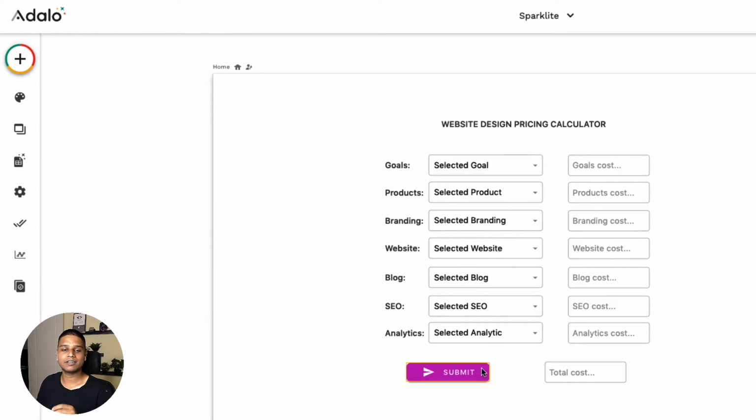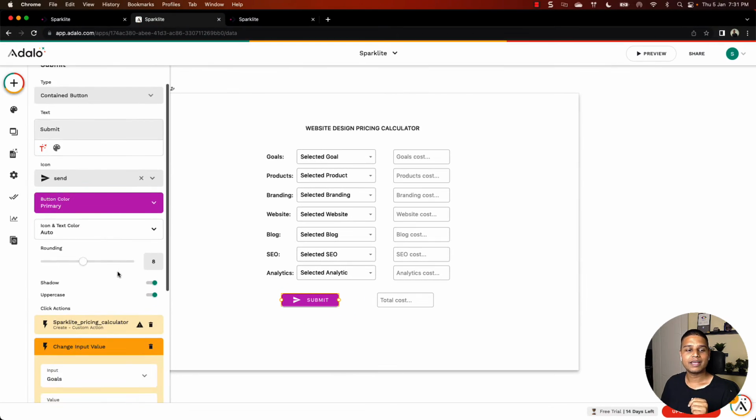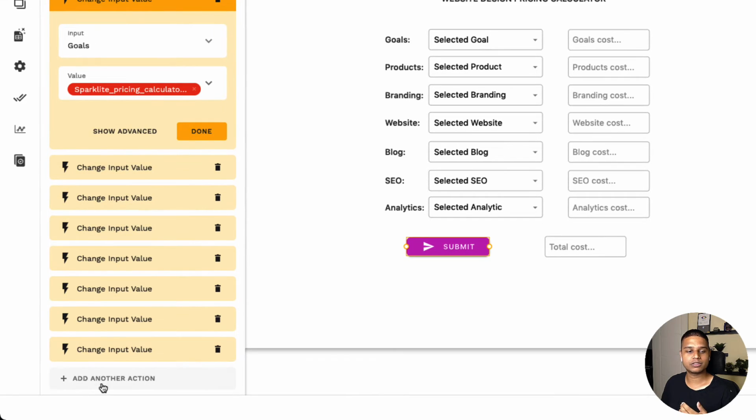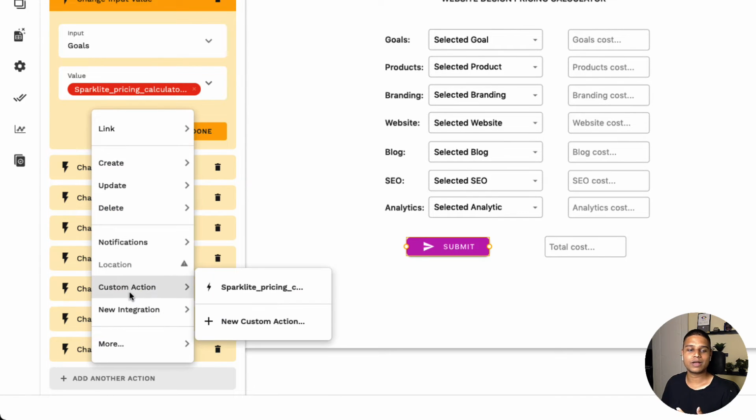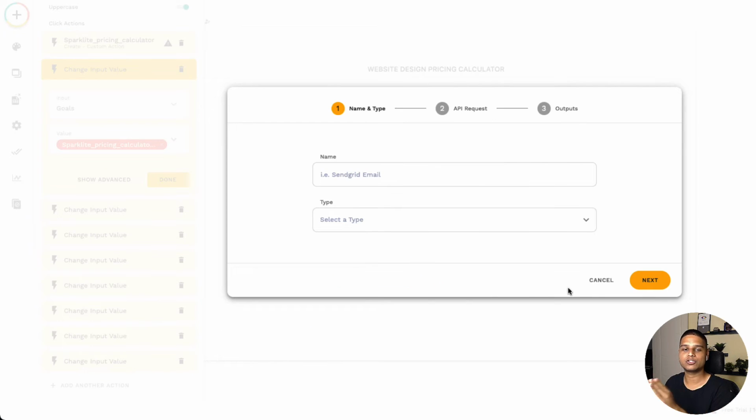Once you have that done, the crucial step is creating the button right here. This is where we'll end up using what's known in Adalo as a custom action. You need to be on the paid account or the trial account, like I am right now, to make sure that you have this available. What you have to do is click on custom action and click on new custom action and essentially go through